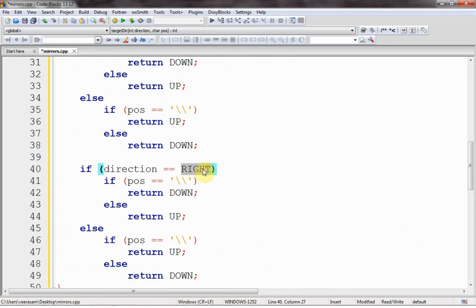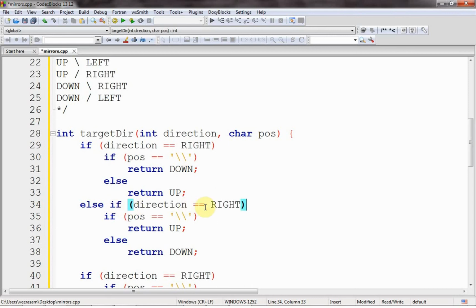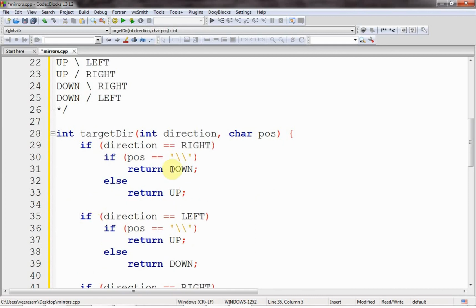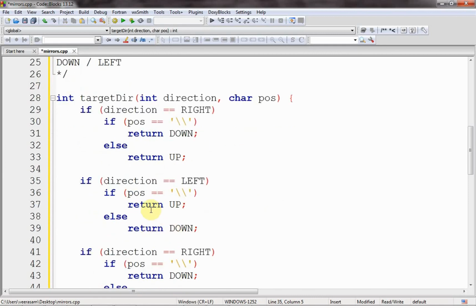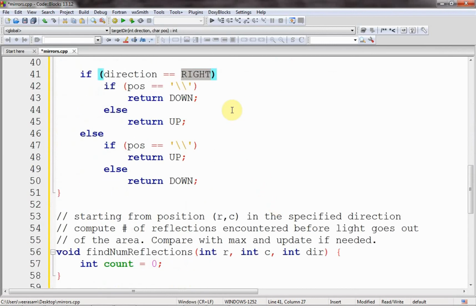If direction is, whoa, that's not right. If the direction is right, else if, we have to check that. Else if direction is left, right? Yeah. Well, we don't need an else really, because in both cases we are returning, right? So direction is left, we do that. Direction is up and down next. Up